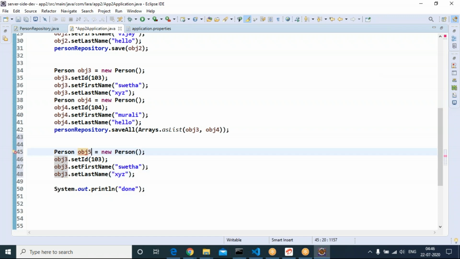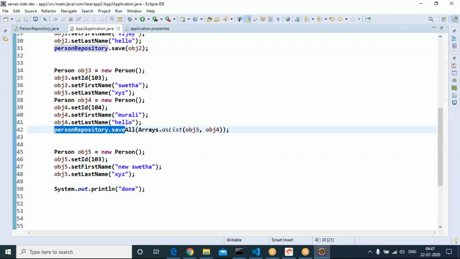I'll go for obj5. Observe this point. obj5, but I'm choosing setId as 103 only. I'm not modifying the ID. Let me go for name as new Sweta. Then go for save. You can go for saveAll or save. As it is a single object, I'll go for save.